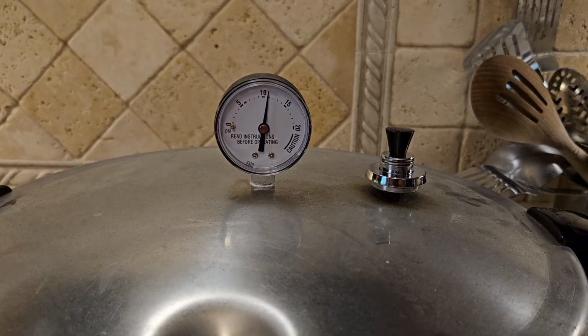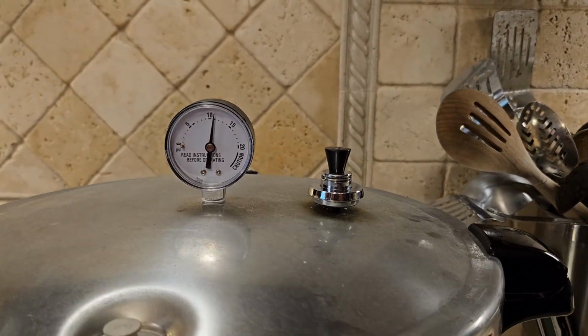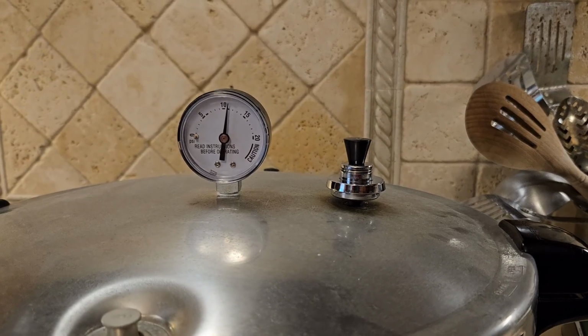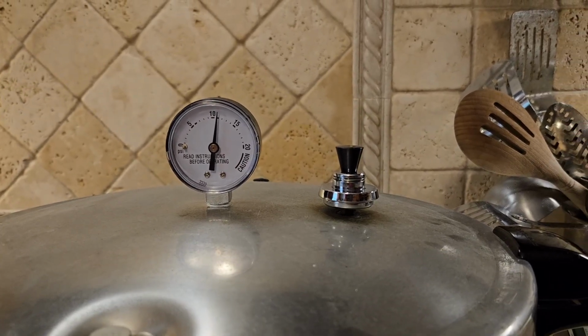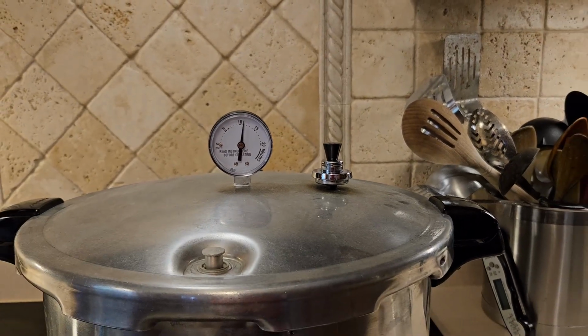Now it has a pressure gauge on the top of the canner, so you're supposed to be able to dial in the pressure by increasing or reducing the heat on your stove. But I've found that it is nearly impossible to get exactly 11 psi just by regulating the heat on my stove. So I bought an